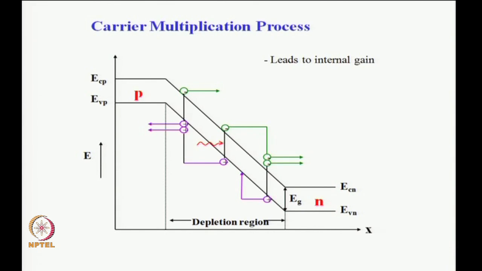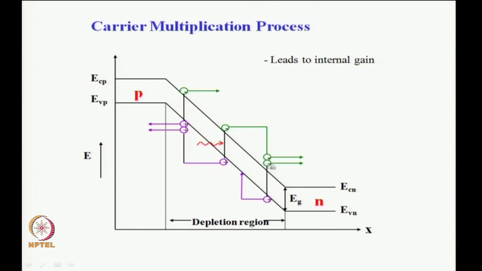Because of the large potential energy slope, the electron travels down the slope. As it travels, it is accelerated because of the high electric field, which is dV by dx. So, with a high electric field, the kinetic energy of the electron is such that it knocks out another electron and